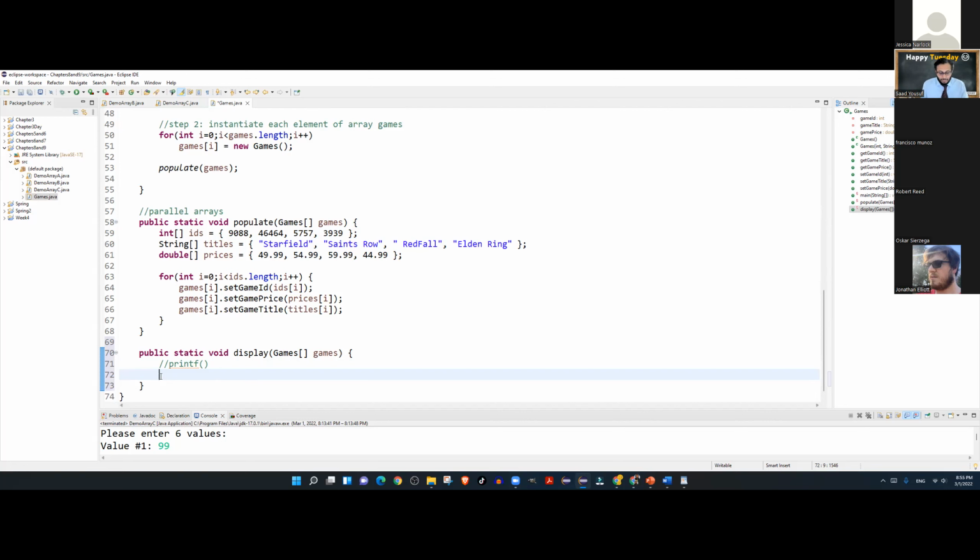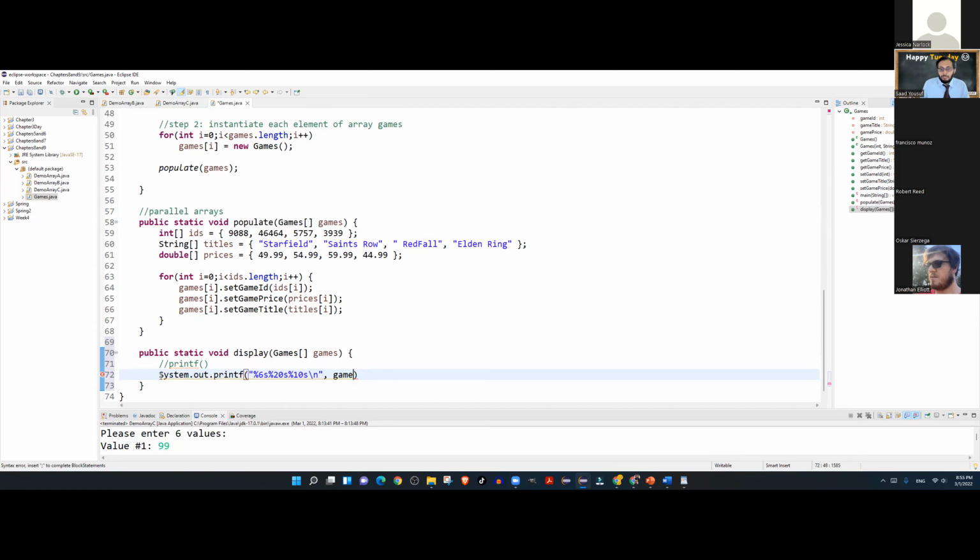So for example, I can have system.out.printf, and I can say, well, you know what? I want to have 3 columns because I have 3 values in each object. I want a column of IDs, for which I want size 6 as the column width. And the data type is string because it's a heading. My next heading I want to be size 20. And my third heading I want to be of the size 10. So you can actually block the whole space. And then you can say, well, new line, because printf doesn't have a built-in new line.